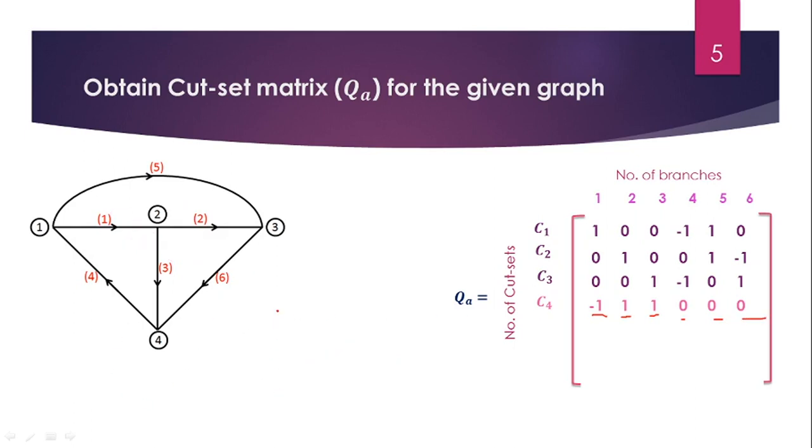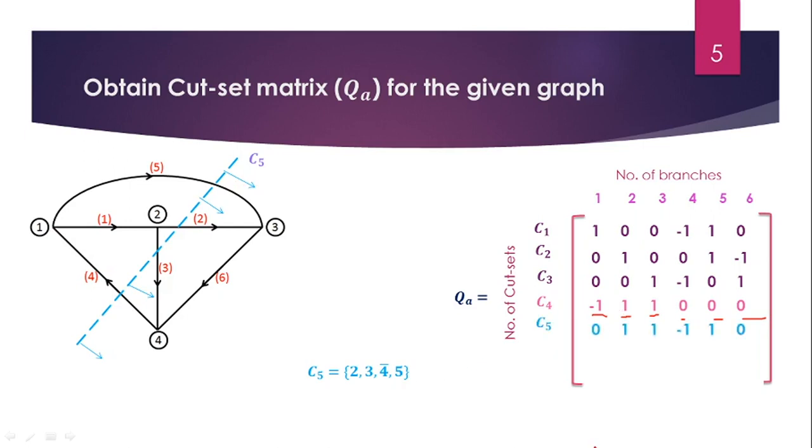Then we may have another cut, C5. So let's consider that orientation is going away from node 1 and node 2. Note here, it has two nodes, a group of two nodes. So both, that means the cut is going away from both the nodes. So what are the branches which are going away from either node 1 or either node 2? That will be considered as same direction. So what are the branches will cut here? 2, 3, 4 and 5. So out of that 2, 3 and 5 are going away from either node 1 or node 2, so that's why it's plus. And branch 4 is going towards node 1 and cut is going away from the node, so that's why -1.